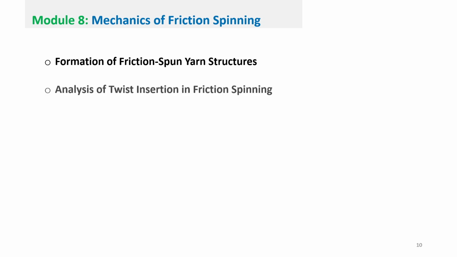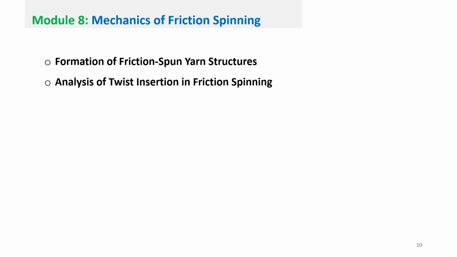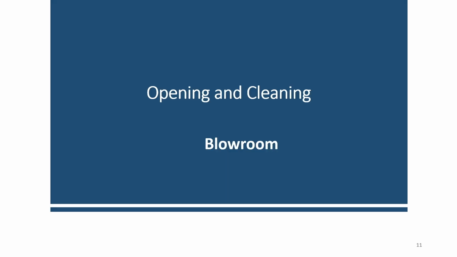And our last segment is mechanics of friction spinning. So, formation of friction spun yarn structure. So, how the yarn gets formed and their structure. Analysis of twist insertion in friction spinning. So, how the twist gets inserted, then friction spinning process development. So, there are different friction spinning processes. That we will discuss,